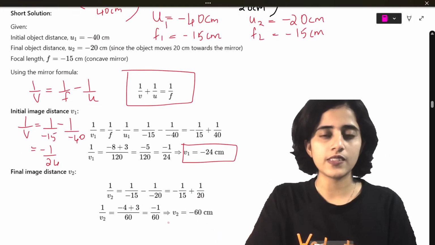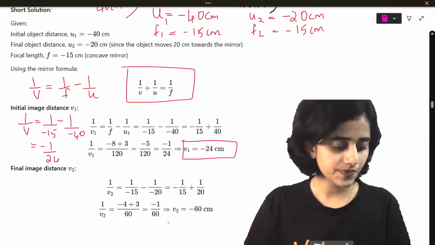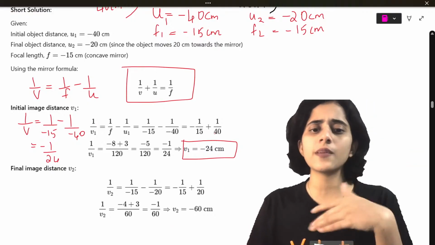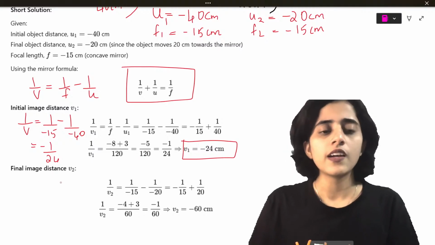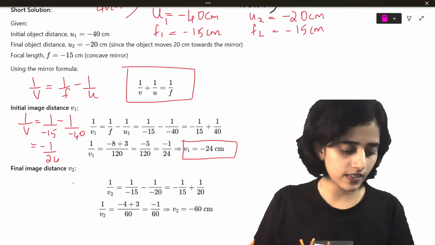Yes. No. This is just LCM. Cross multiply. Find out all the steps I've done here. Now, I have to find out the